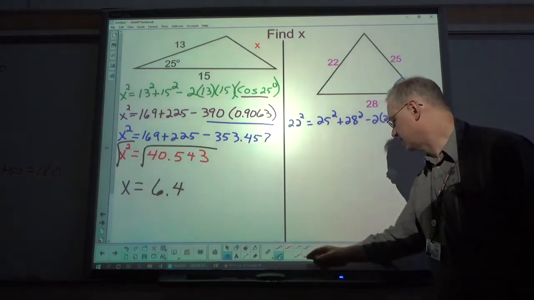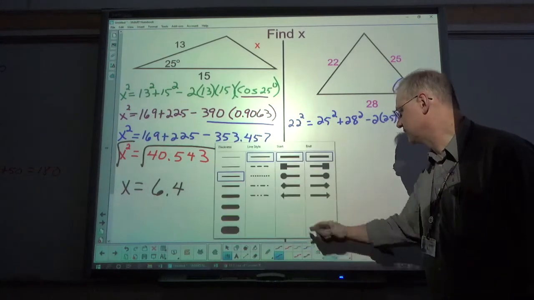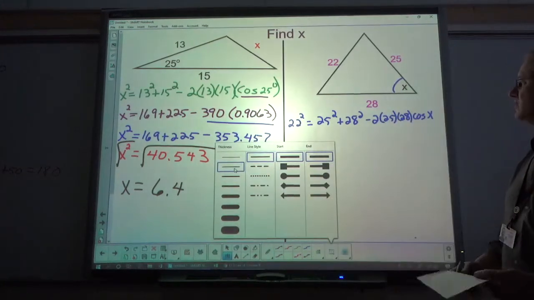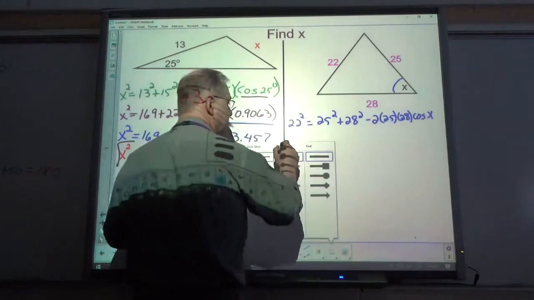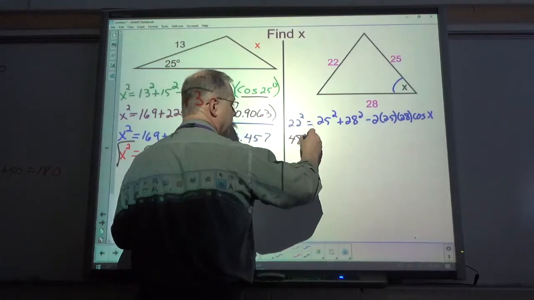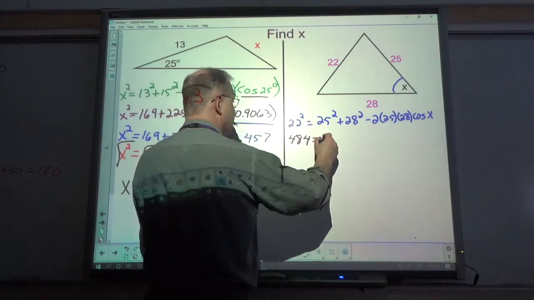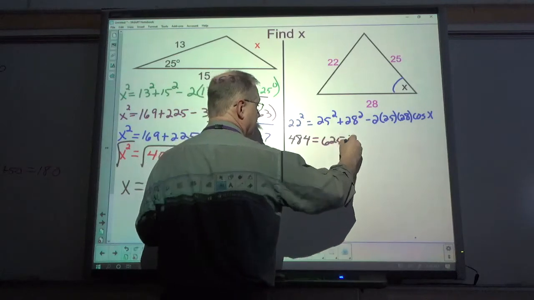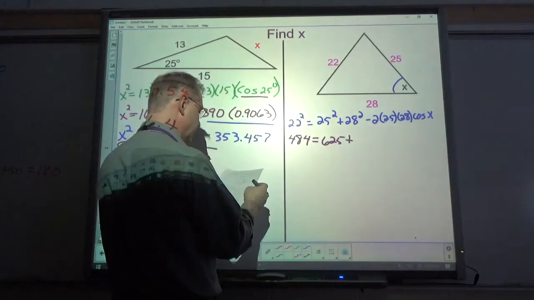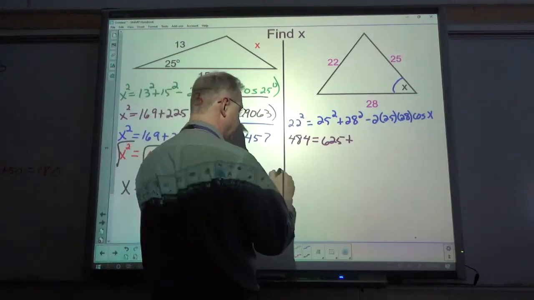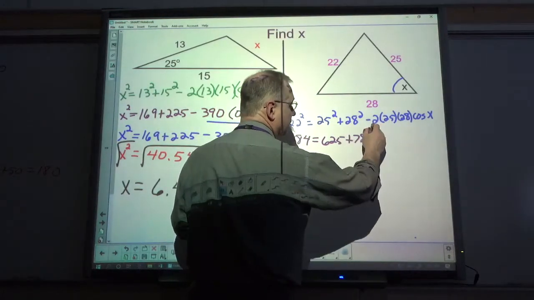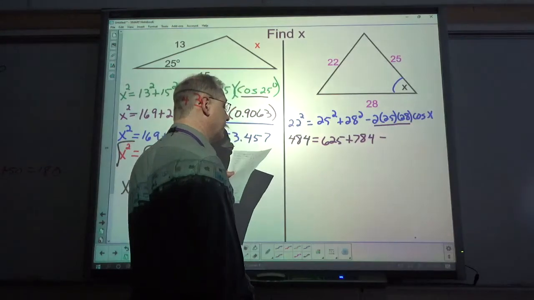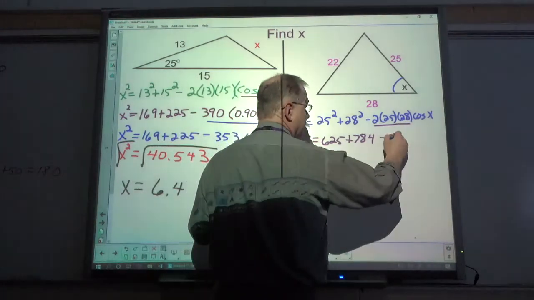Let's look at our next little part here. 22 squared is 484. 25 squared is 625. And 28 squared is 784. Now I multiply this stuff up and it gives me 1400